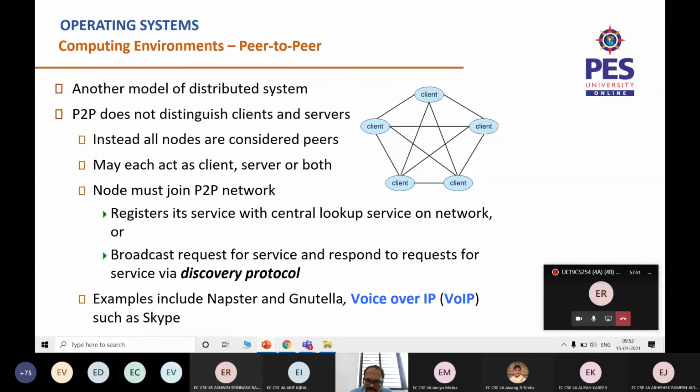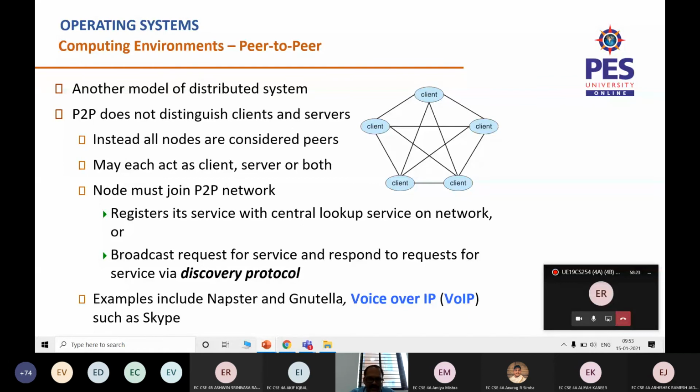I need to solve it, and it will reply back to client 3, who made the request, saying, yes, boss, I am an expert in this particular task. You give me what it is, I will execute and give you the result. So that is another model. Then you don't require a centralized database to find out who is expert in doing what. The client who requires a service will broadcast the requirement, and whoever is expert in that will respond back with their answers.